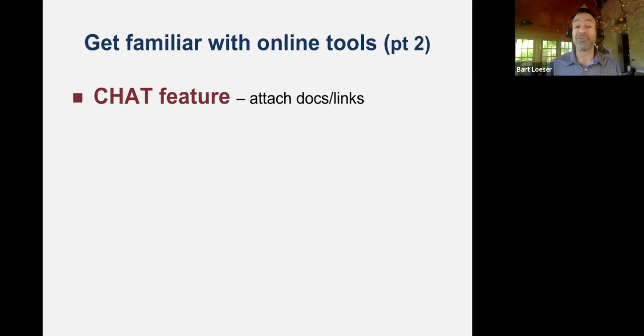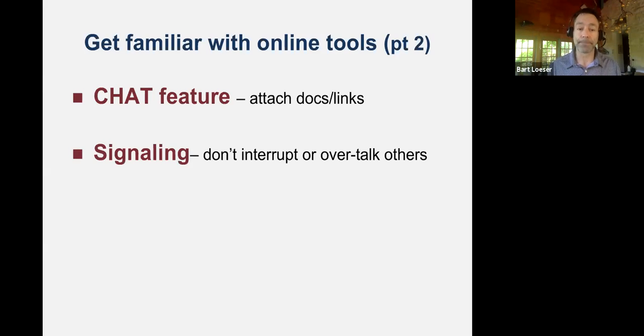A couple other great tools to use: the chat feature, especially if you want to suggest something or mention something or vote in the meeting. Chat is a great way to do that. You can also attach links and documents to your files for other people to see. Although keep in mind, if you put the agenda on there and then people join afterwards, they're not going to see it in the chat feature. It's only once you're in the meeting and all those who've seen it once you list it.